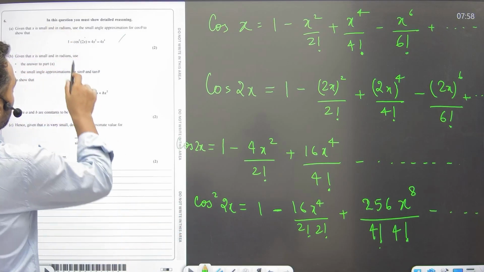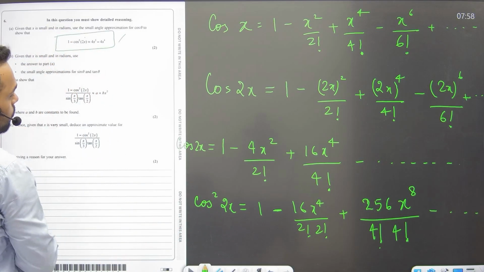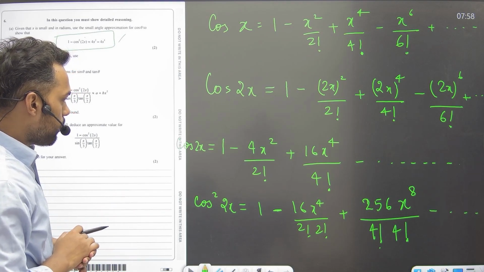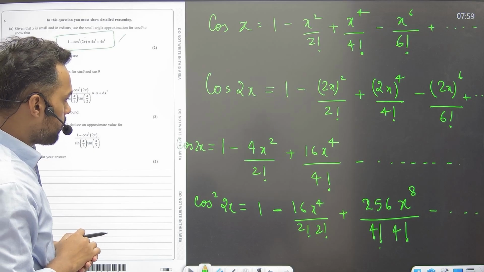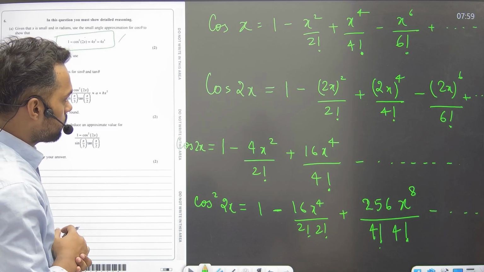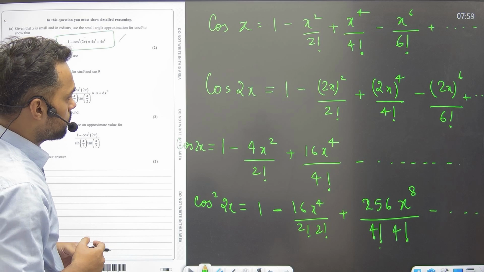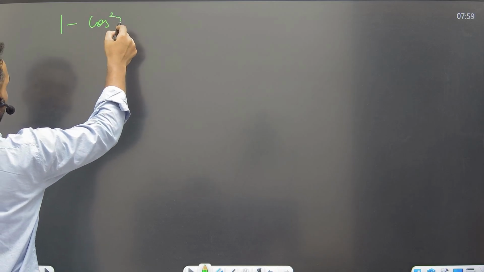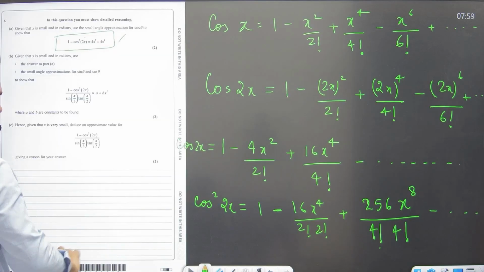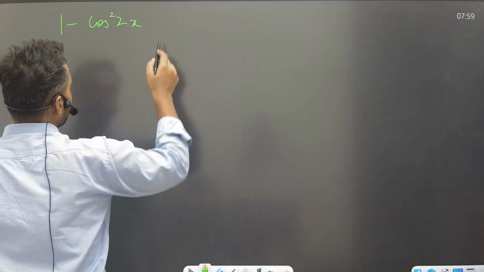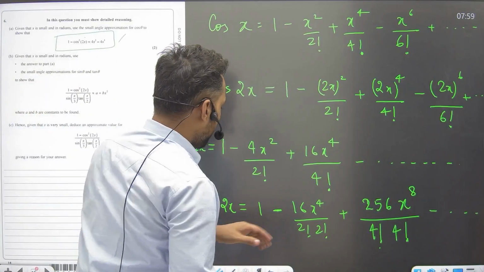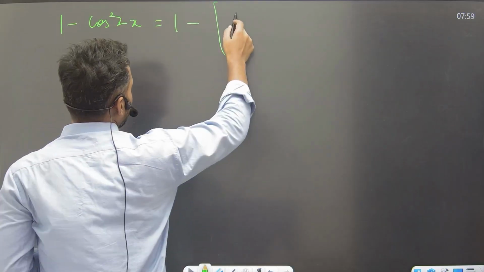Now in the question it was given 1 minus cos square 2x. So 1 minus cos square 2x means we are subtracting the whole of cos square 2x from 1, so you will get 1 minus cos square 2x, that is cos square 2x, student, here is 1 minus